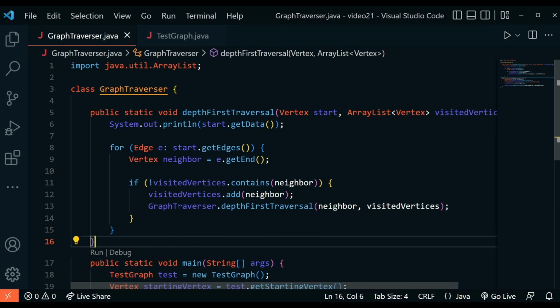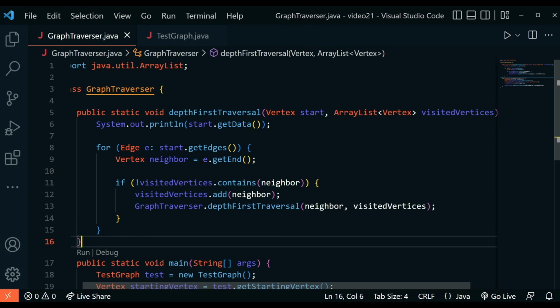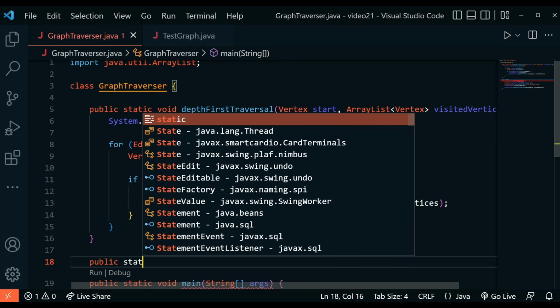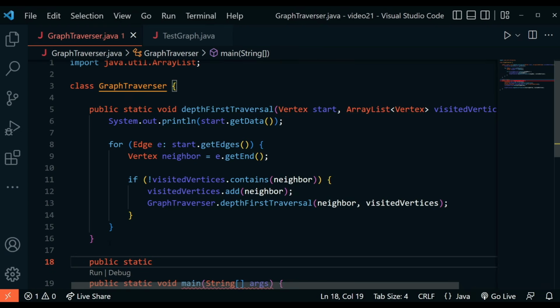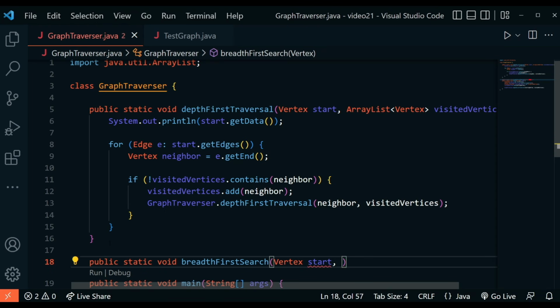So I'm going to the same file where I created my depth first search, and I'm going to add my breadth first search right after this. So this is my depth first search, and right after this I'm going to create my breadth first search. So I'm going to say public, and we're also going to make this a static method, since this is a utility class, breadthFirstSearch. So depth first search, breadth first search, add in the vertex start, just like that, and also the array list,